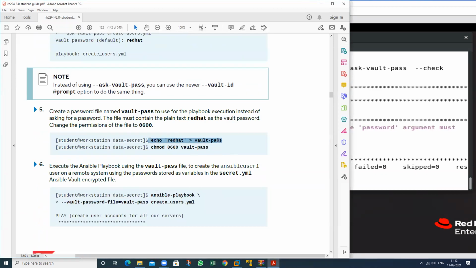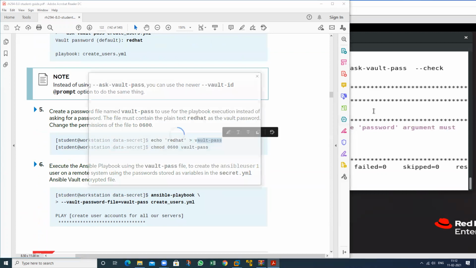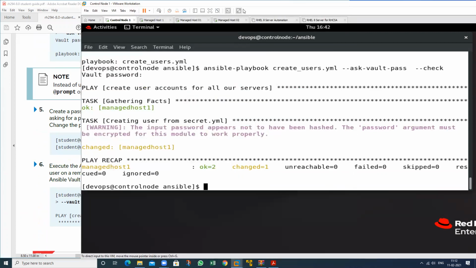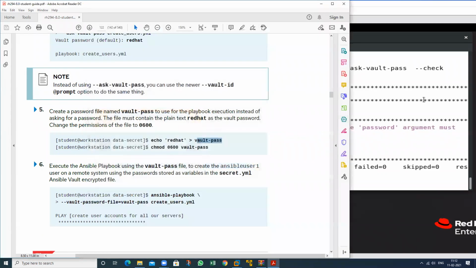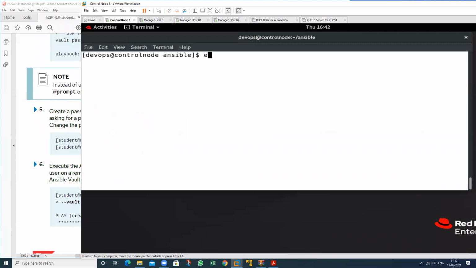But I want to run this particular file by using a password file. So place your password in this particular file. Echo here, what is my password? The password is redhat. And I want to place this password in my file.